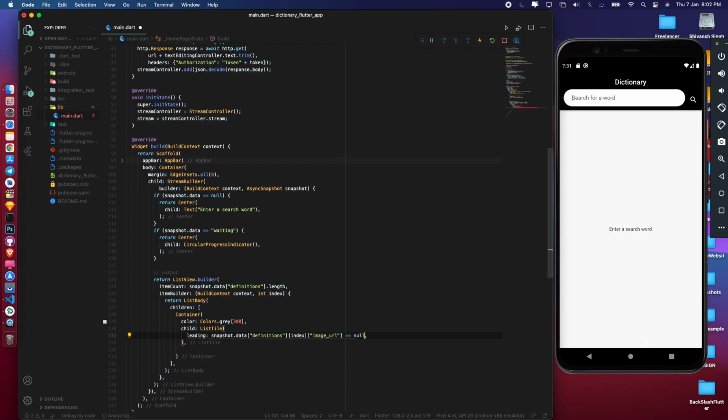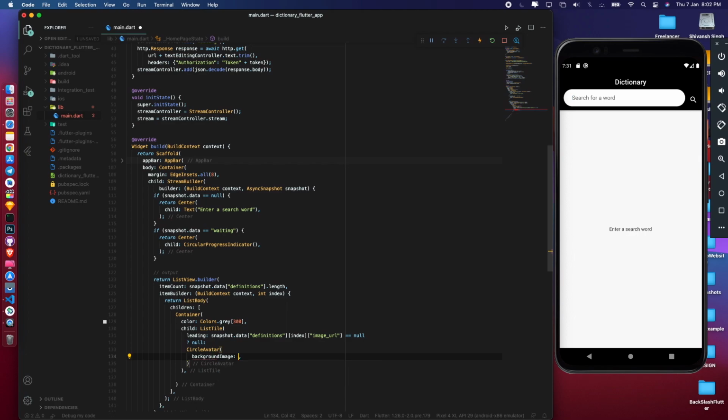Okay, and if that URL is equal to null, we will do nothing, and if not equal to null, then we will show a circle avatar, which will load our network image. So for the circle avatar I need a background image.